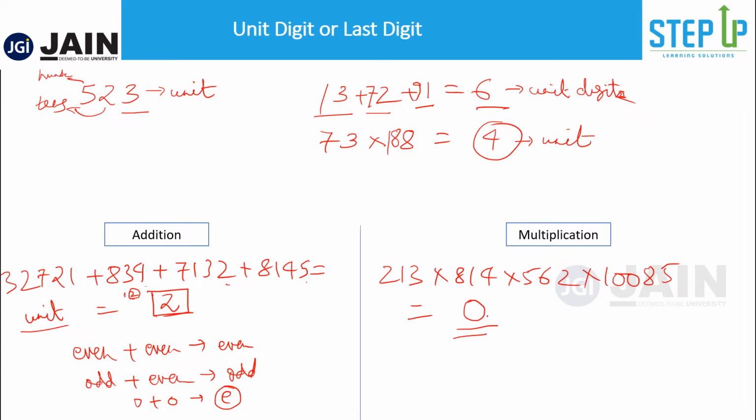Another important thing to note here would be properties of special numbers, like let's say 5. So if you look at a 5, when it is multiplied by 2, this gives a 0. That means it makes a 10. 5 and a 2 makes 10. That means now if you multiply that with any number, let's say here there are 3, 4 more numbers, it wouldn't make a difference. Your unit digit would still remain as 0. So this is simple common sense that you need to apply in these questions. Let's attempt a few problems.